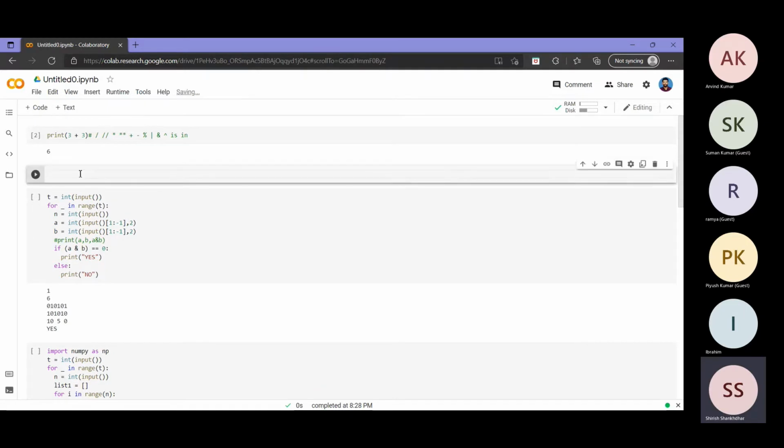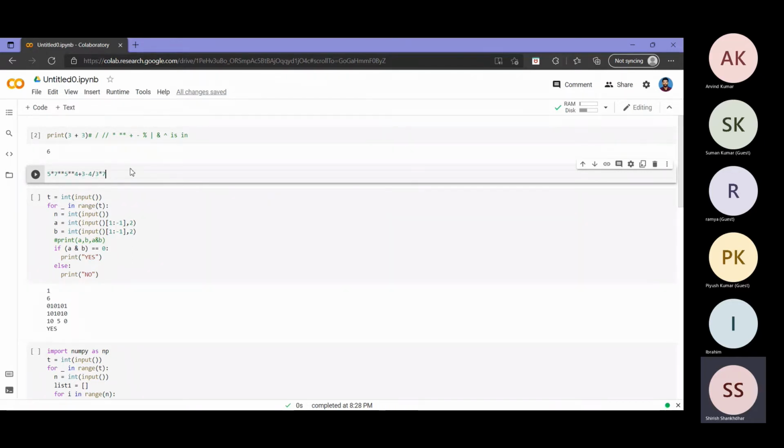What precedence means is that if you have an operation like 5 into 7 raised to 5 raised to 4 plus 3 minus 4 by 3 into 7, you will have something like this. Now suppose I ask you what is the output of this? Even or odd I will explain after this. Okay, I typed something here: 5 into 7 into 5 into 4 plus 3 minus 4 by 3 into 7. You can try later to find out how it works actually. I'll just tell how you can do this.